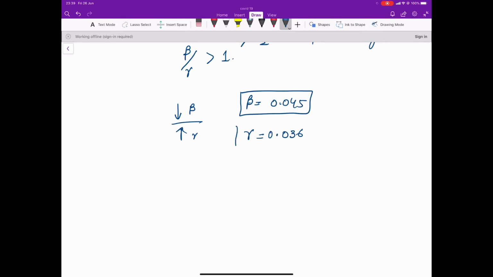So if we take the ratio of beta by gamma, which is equal to 0.045 divided by 0.036, this equals approximately 1.2, which is still greater than 1,